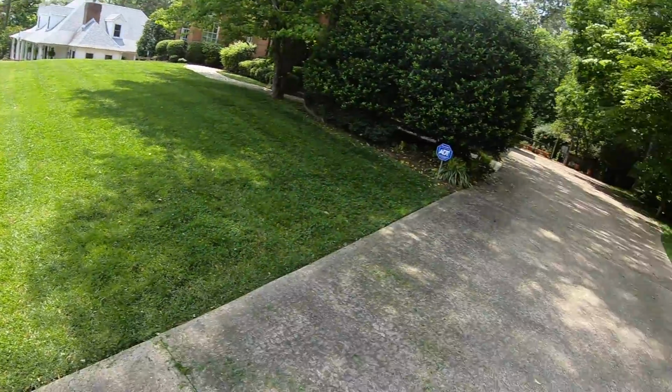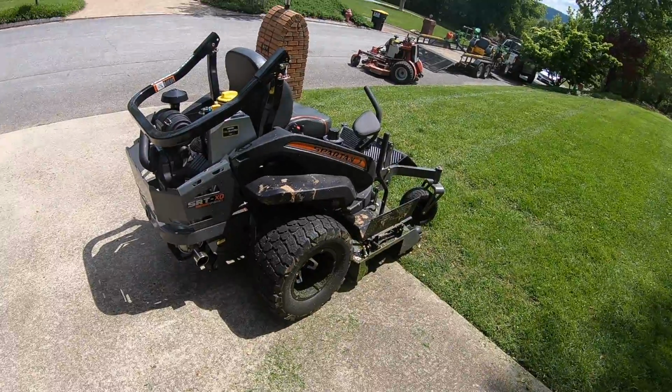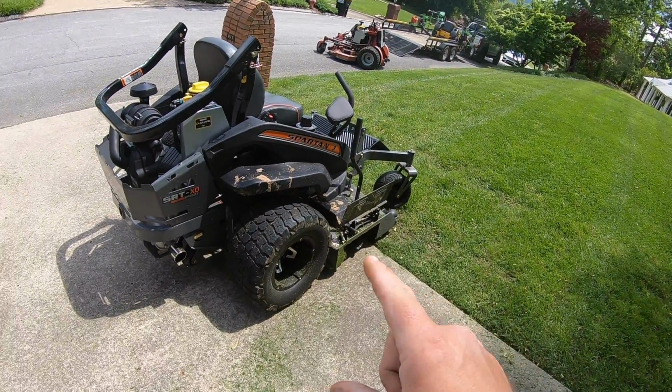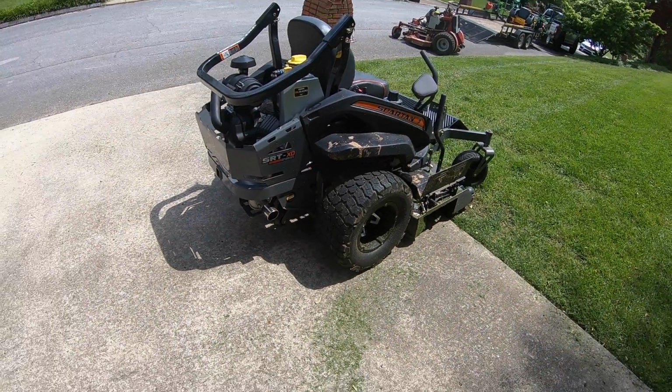I'm not going to record the back, it's super small, probably about 4 or 5 passes with this beast, and I'll be done and trim it up and blow her off, and we're out of here. But I'm liking this Spartan. Needs a bath, definitely needs a bath,